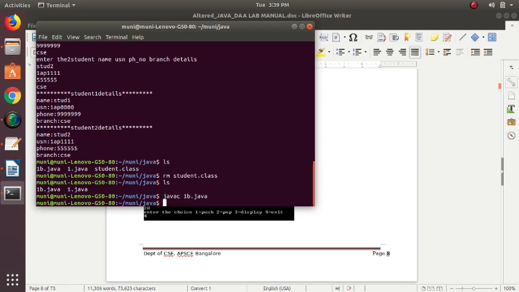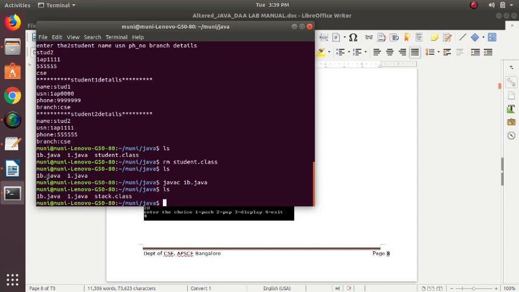For executing that, you need to find the class file. You can check it using the ls command. Previously there were only 2 Java files. After successful compilation, the Java compiler has generated this Stack.class. As you remember, Stack is the name you gave for the class of the stack program.